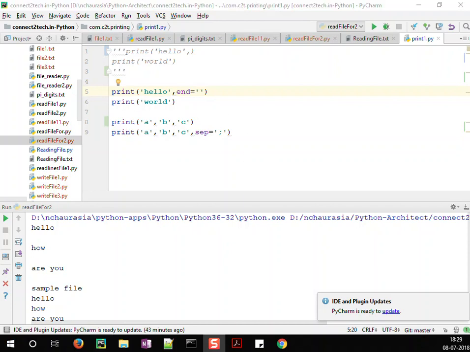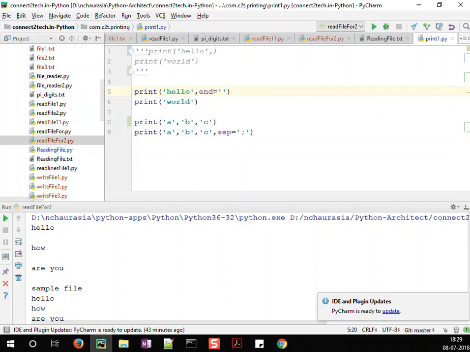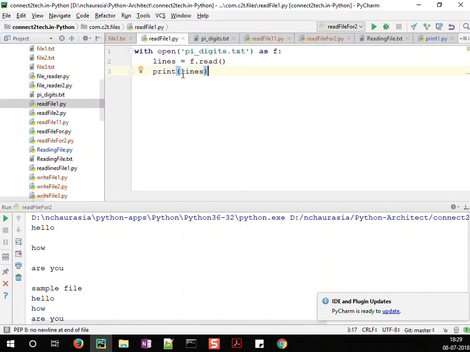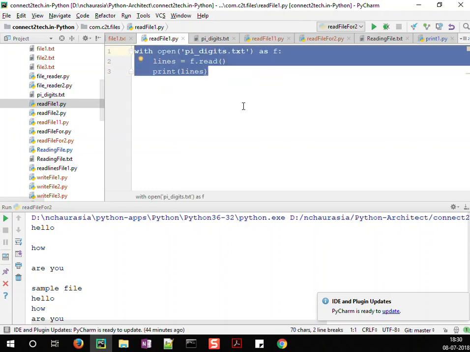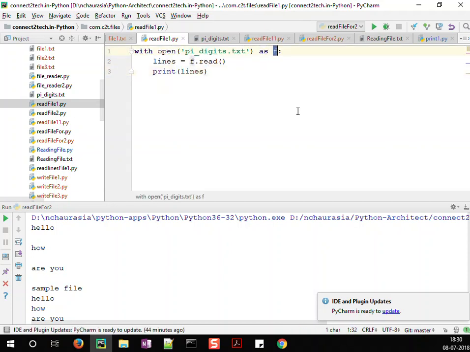Okay, now the next thing which we shall look at is coming back to the original program. For example, when we were reading from a particular file, so let's say the first reading program, this one. As soon as this particular piece of code or block is over for me, the scope of this variable is also over, right? So what if you want to maintain or use the data which you have read in this particular block somewhere else also? What you can do is you can say